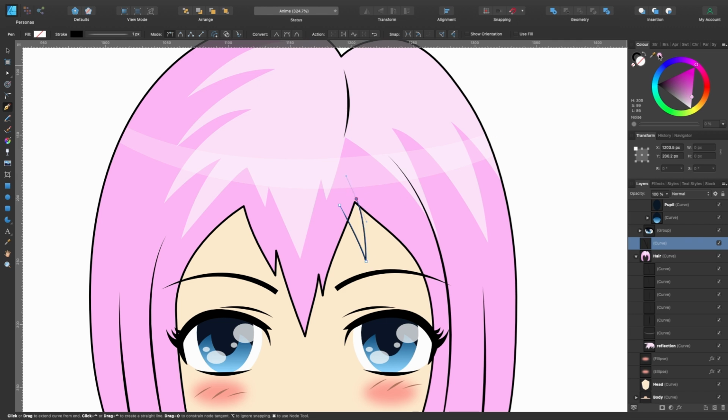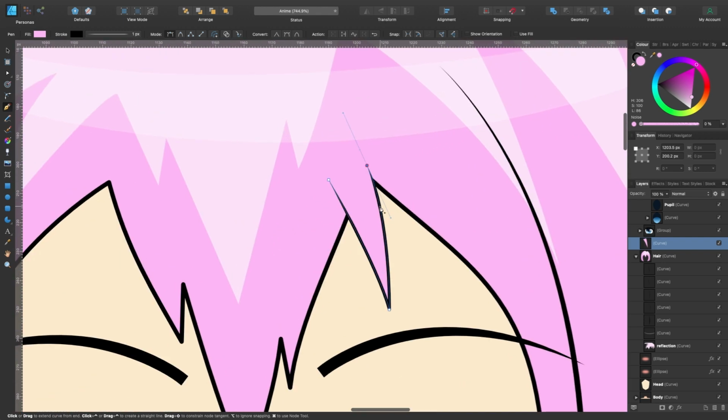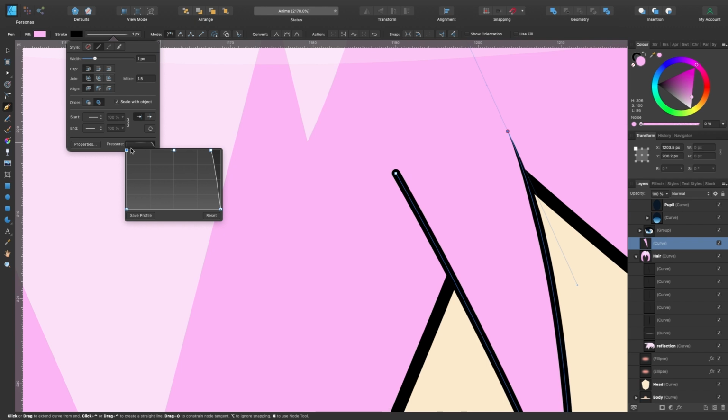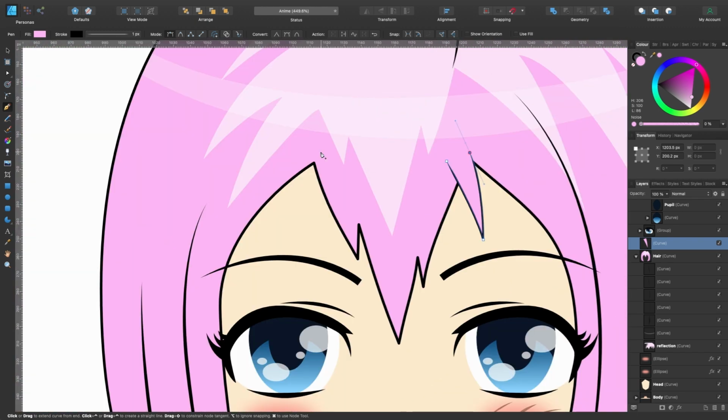We'll give it a fill so it's the same as the hair. And you see, if you make sure the pressure is slightly less on the sides like this, if I put it all the way to the side, it's kind of rounded. And if I pull that out a little bit, it makes it a little bit more sharp. Press Escape to create a new layer, and we'll add one here as well.